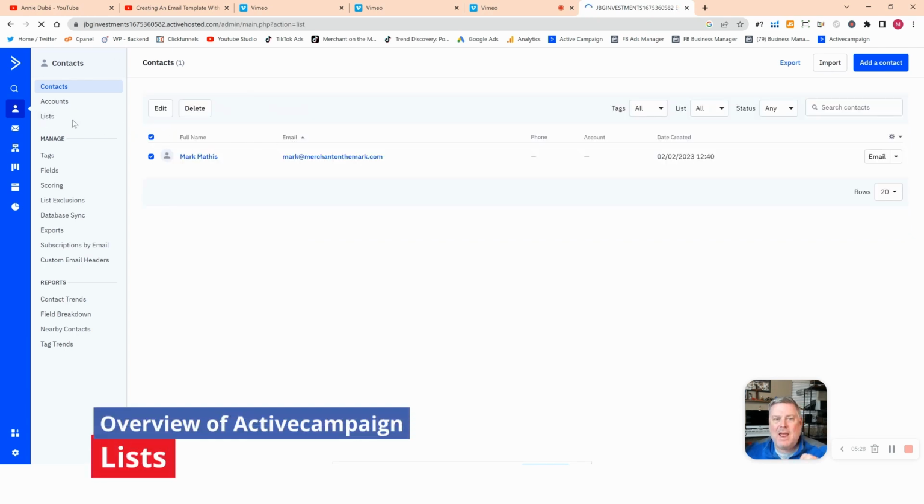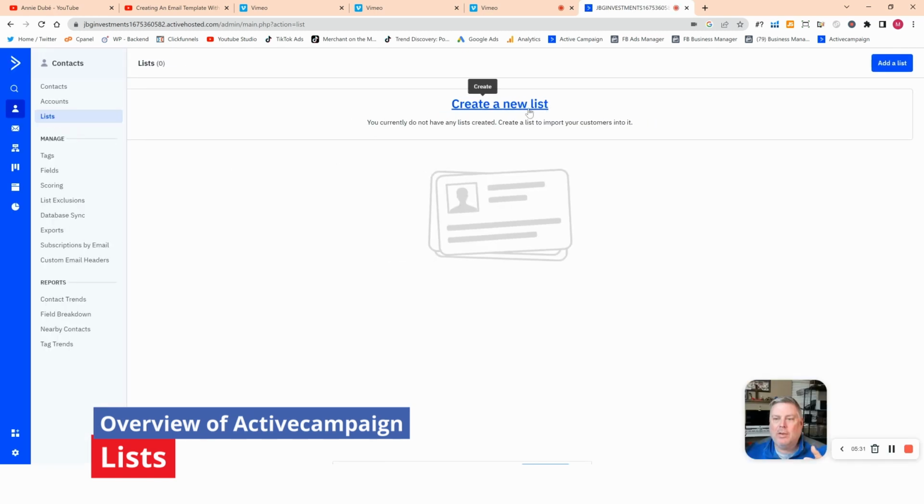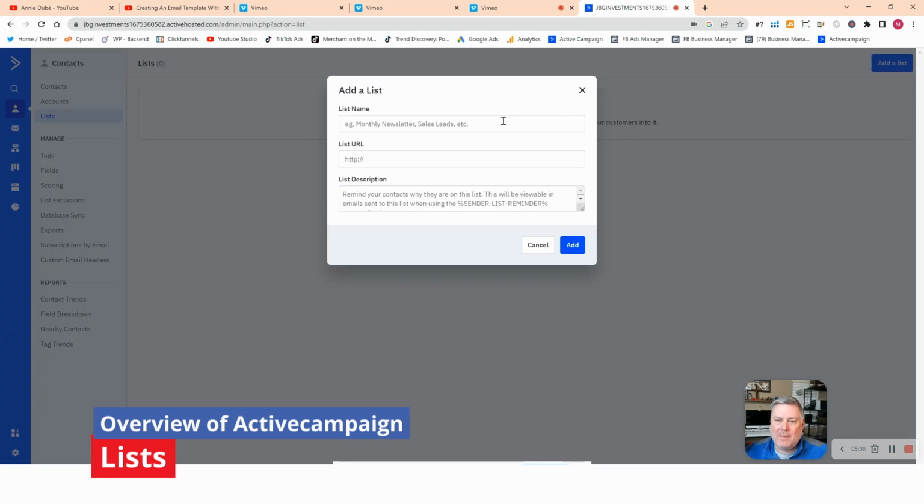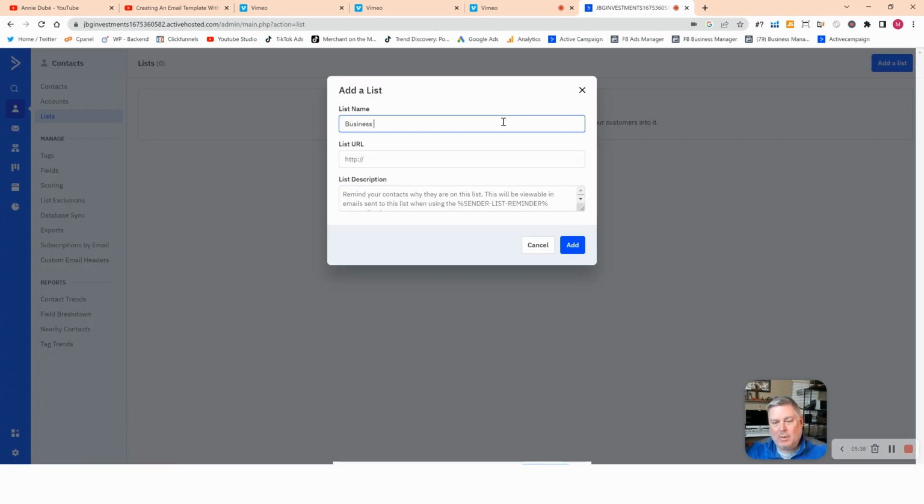And list is an area where you can obviously create new lists to be able to categorize your customers by business or function. So we can just say business name number one, and then you would put a URL to your website and then a list description there. And then whenever you have new people come in, you could have them automatically filtered into that list, or you could filter them after the fact, so you can then organize them as you're going through,